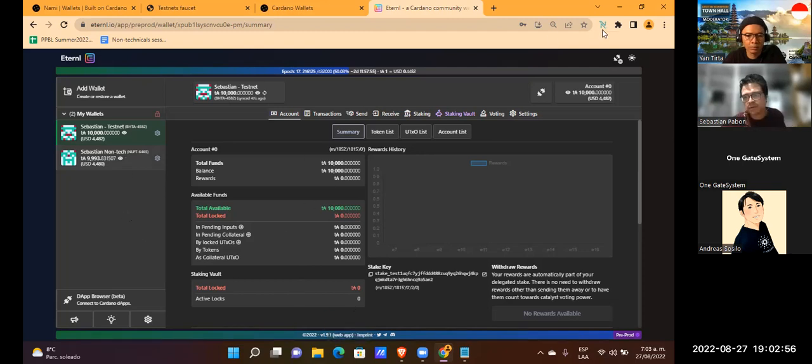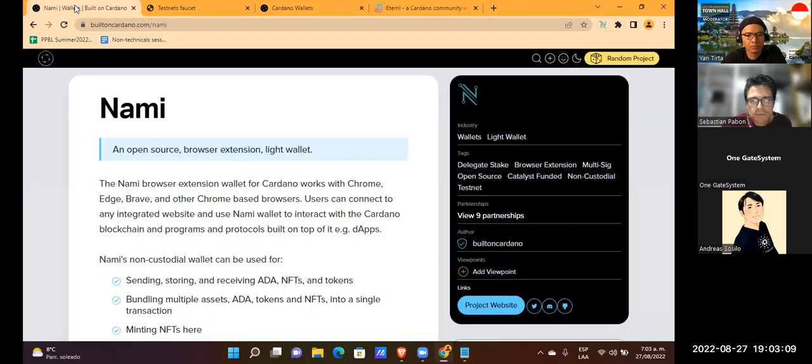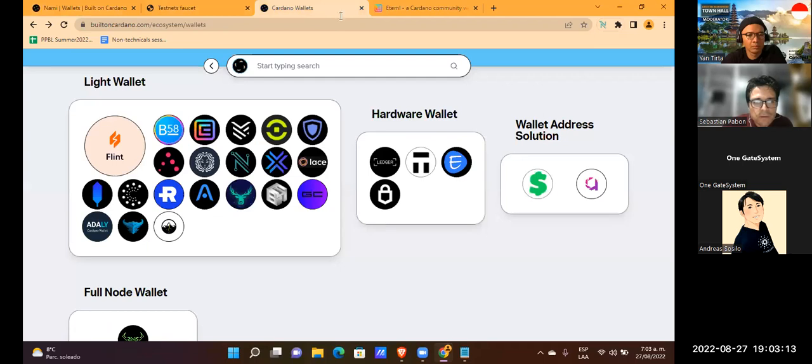So as I said before, wallets like Nami, or others. For example, here we have Build on Cardano.